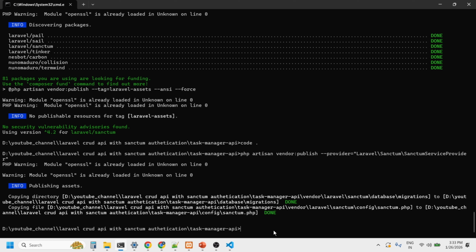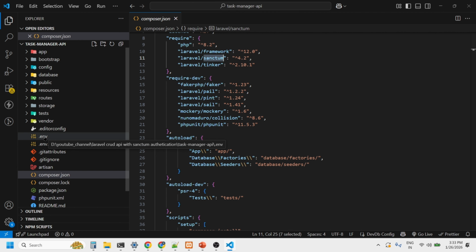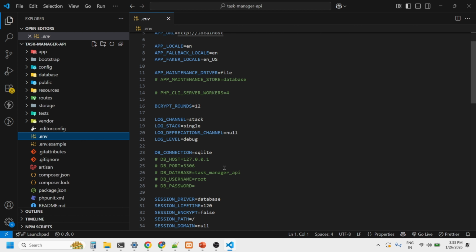So now the Sanctum package is configured in your Laravel project, and after this you need to write the migration. But before the migration, you need to set the env file. If you are using MySQL, you need to change this connection to MySQL, and also change this.